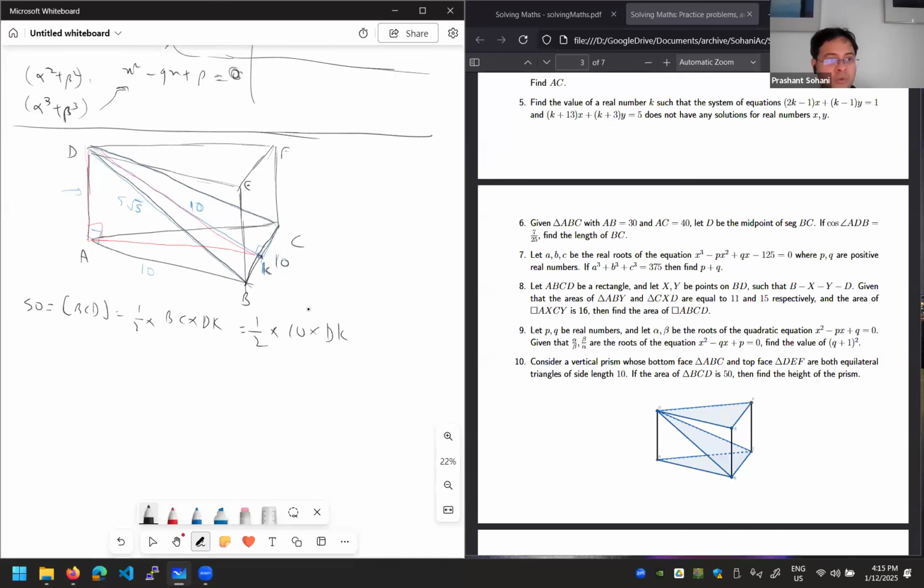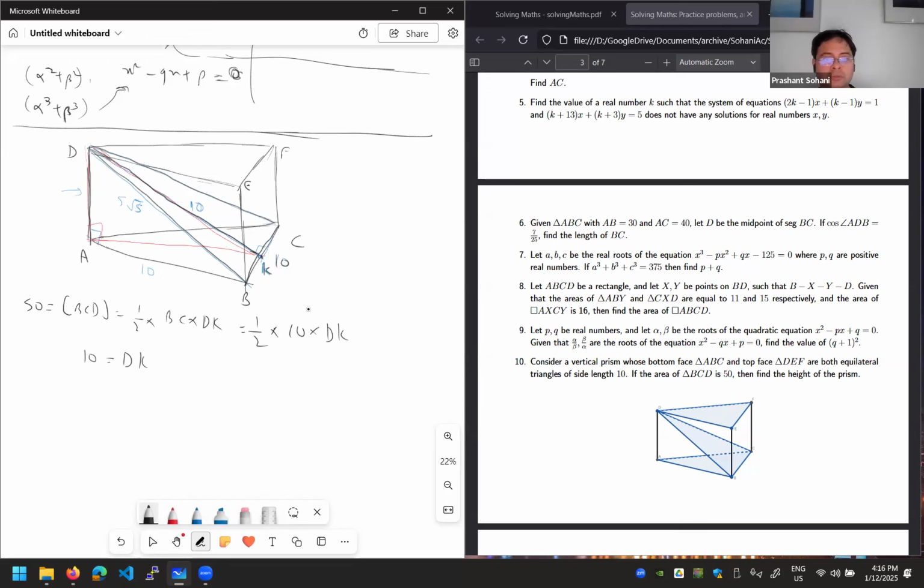Okay, so therefore you see that DE will be 10. Okay, so we found the length of DE, and I am interested in the height of my prism. म्हणजे मला AD काढायची, right? So I need to find some Pythagoras like triangle, right angle triangle, ज्याच्यामध्ये AD पण इन्व्हॉल्ड आहे आणि सम अदर